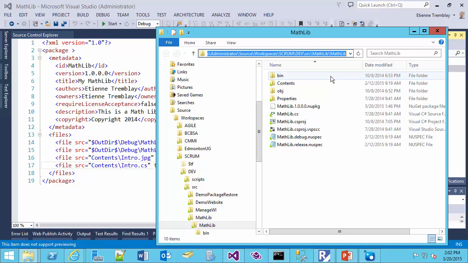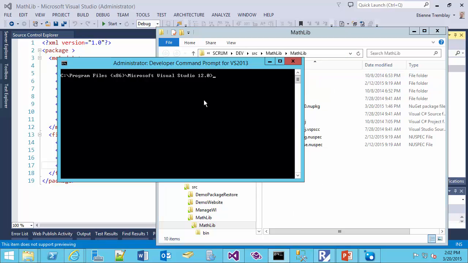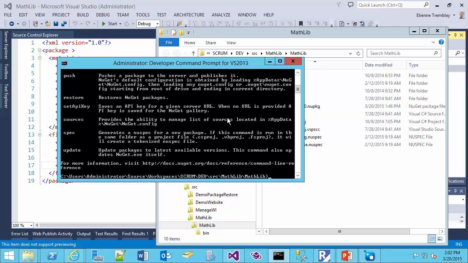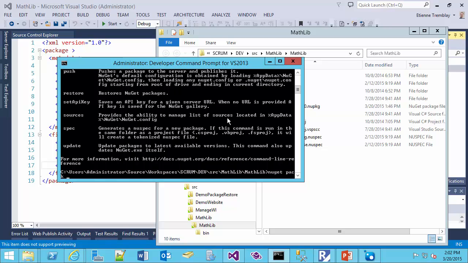I'm going to grab this path here, and then we're going to open a command prompt and paste that in here. Navigate to that location. Now I have added NuGet into my path so that it's executable from any location. So I can just call NuGet from here. What I want to do is a NuGet pack, which is to pack my nuspec file. So I'm going to grab my nuspec file here,